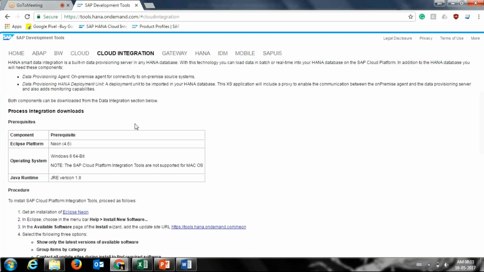But it was not the case for Mars. You can download the Mars version and then you can use it. Have you downloaded the Neon? Yeah, I have downloaded Eclipse Neon. I was able to install as it is mentioned in steps 1, 2, 3, 4. I was able to do these steps. If you just scroll down on your screen,